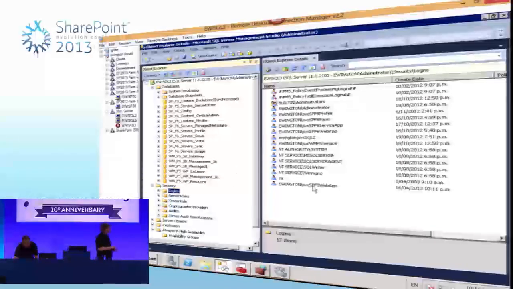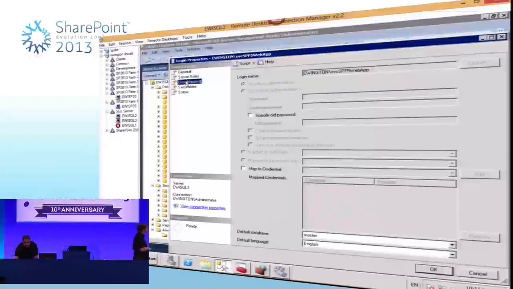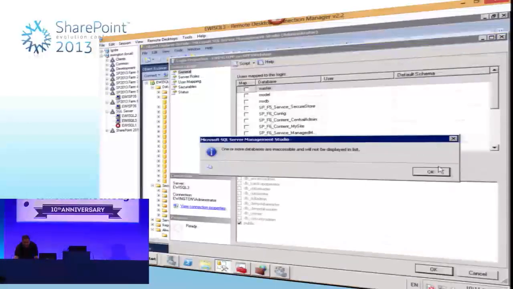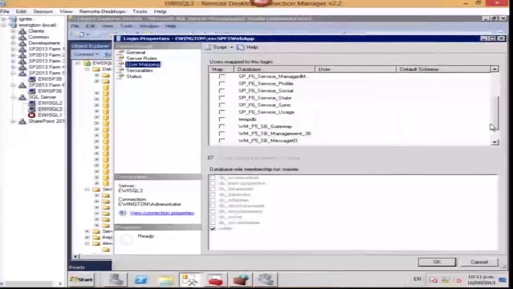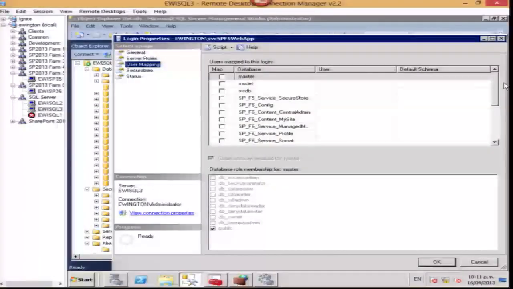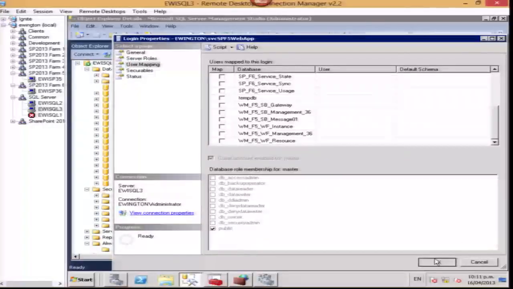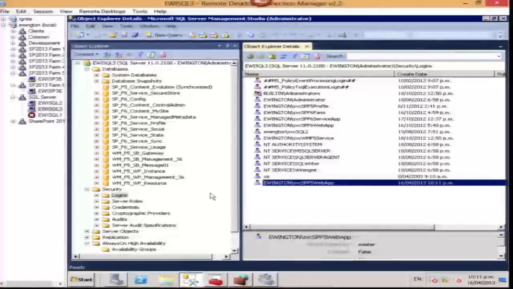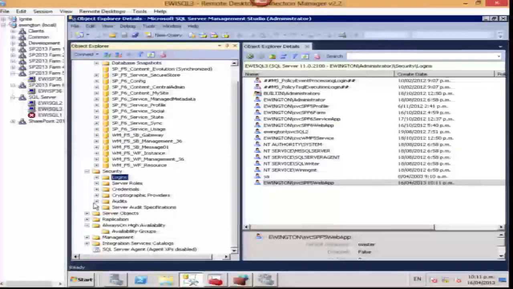Go across on that. Now, if I look into this, it's already done the user mapping through into my one that I've got there. Well, it's not seeing it because it hasn't failed over. If I quickly go over and fail this over,